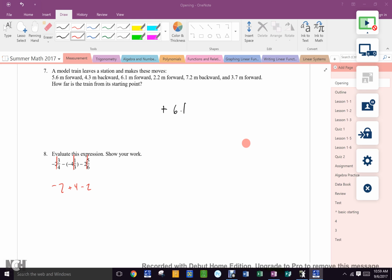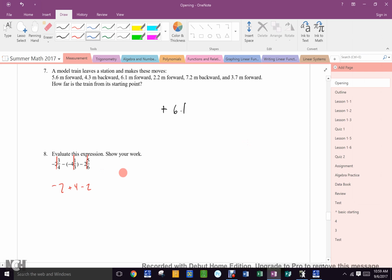There we go. What is negative 2 plus 4 minus 2? 0. So I don't even care about the numbers. So all I got to do is add the fractions. I had negative 3/4, negative 1/3, so plus 1/3 minus 5/6. Can I add those? I need a common denominator. What is it, Rihanna? 12. Excellent. So that is negative 9, that is plus 4, and that is minus 10. Negative 9 plus 4 minus 10 is